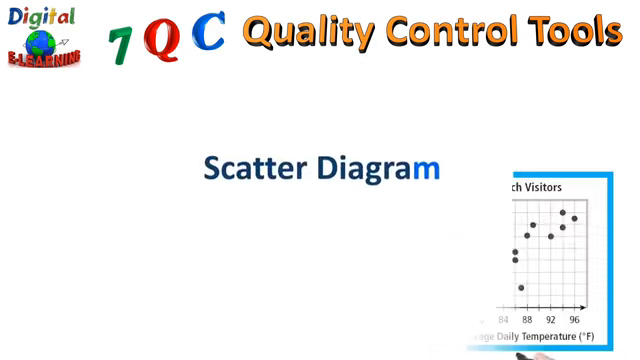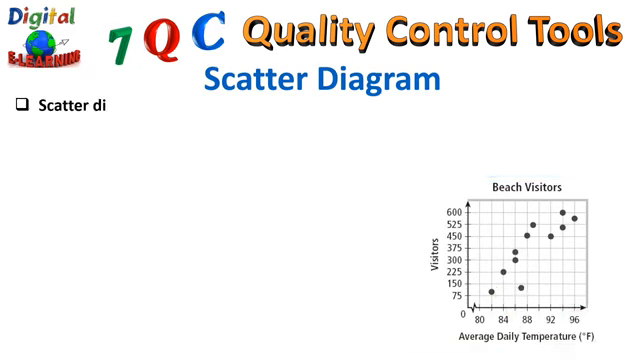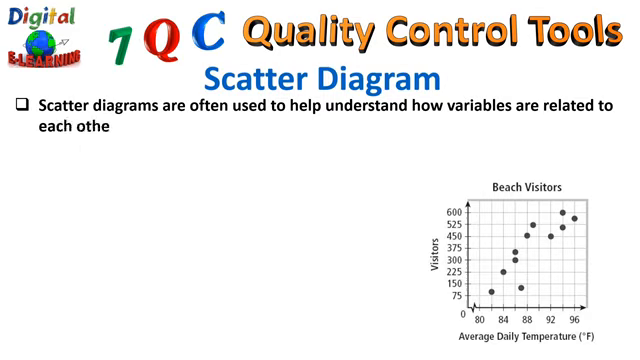Scatter diagrams. Scatter diagrams are often used to help us understand how two variables are related to each other. So when it comes to the relationship between two variables, this is the best tool. Suppose you want to understand whether there is any relationship between the number of visitors and the average daily temperature on the beach, then you can plot all the points and see what the relationship is between these two variables. So you plot the independent variable on the x-axis, that is the temperature, and the dependent variable on the